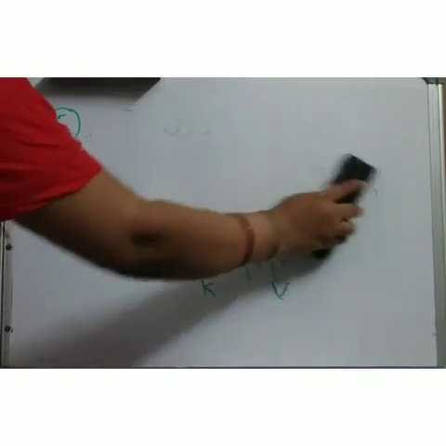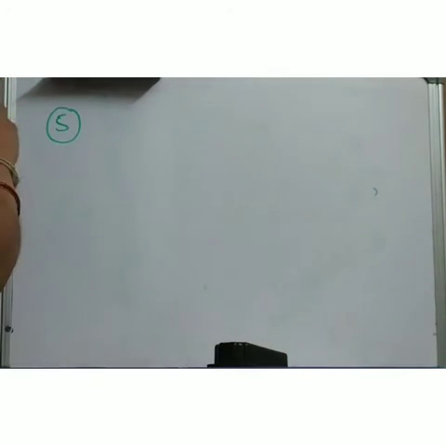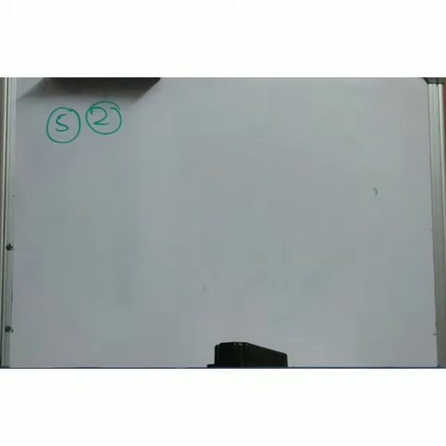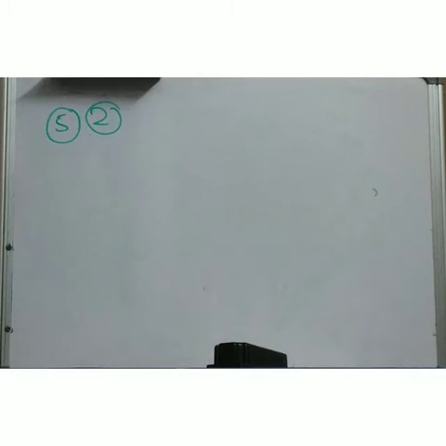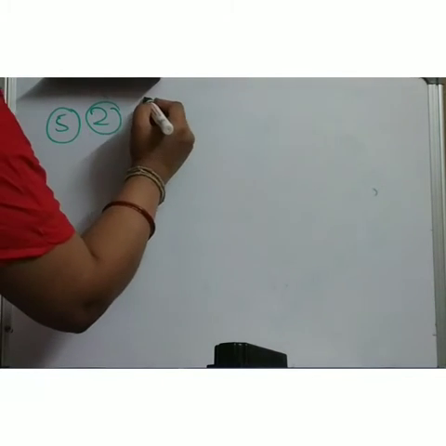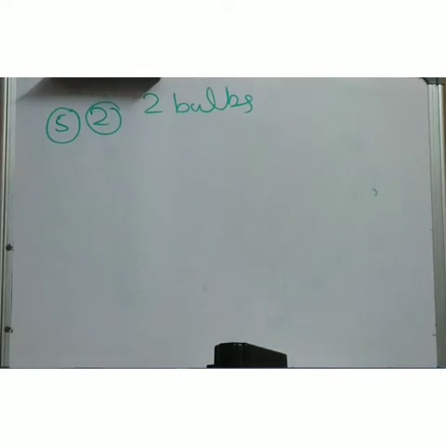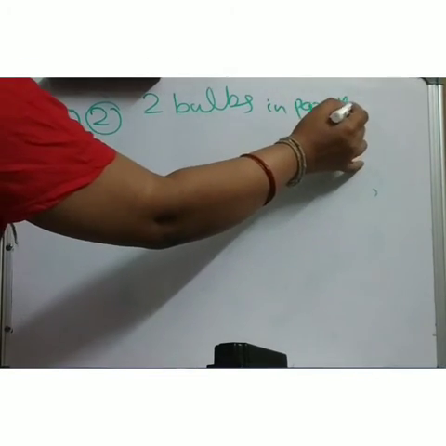Again, you have to draw another circuit. Everything is the same, but you have to connect differently. Second question: draw a circuit diagram having the same components, 3 cells, bulb, ammeter, plug key in on mode. With that, you have to connect a voltmeter across the combination. Here you have to connect 2 bulbs in parallel. This is given in the question. You have to draw the circuit diagram using all these components.